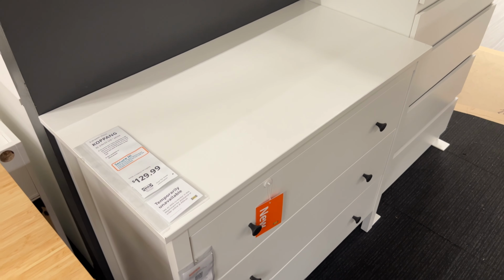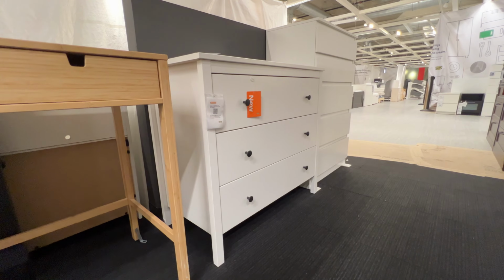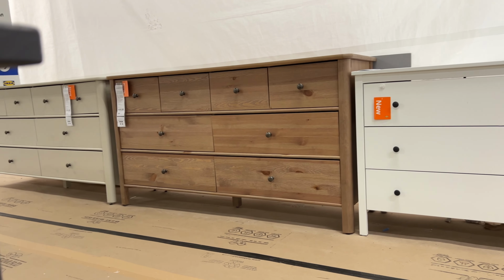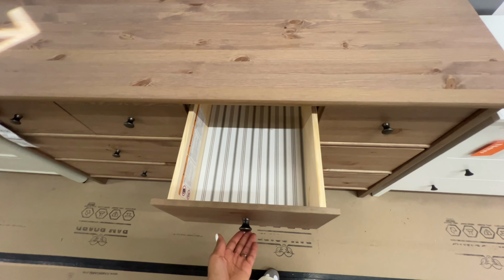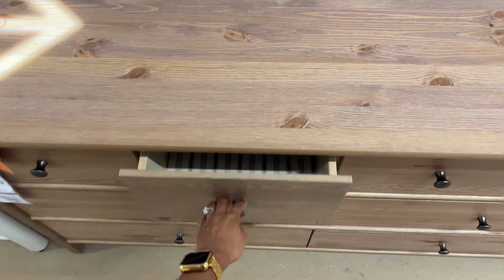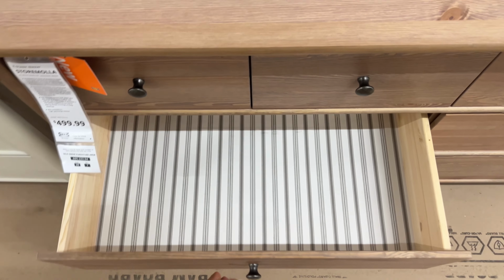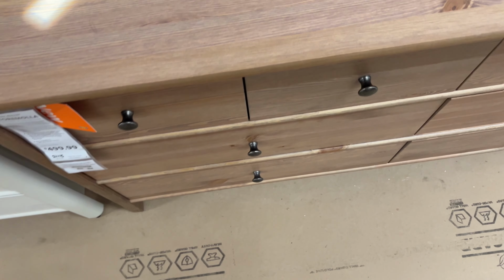Now, one thing that I do love about IKEA's dressers is that they really make really good nightstands in a big home, so you can kind of get away with it. But don't count out IKEA dressers, especially if you are willing to purchase something from Amazon, because when I tell you the quality is pretty much the same, unless you're going with a Bernhardt product that's going to be a little bit heavier and more quality, you might as well check out IKEA,